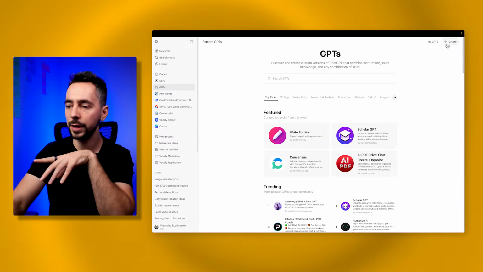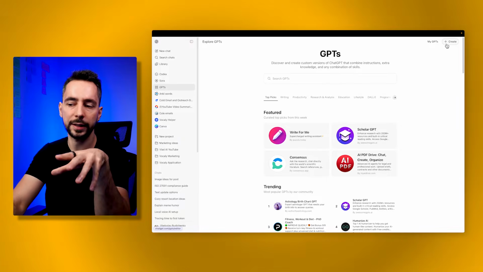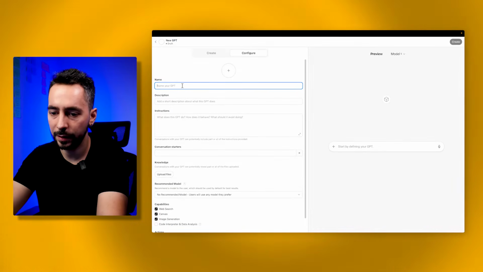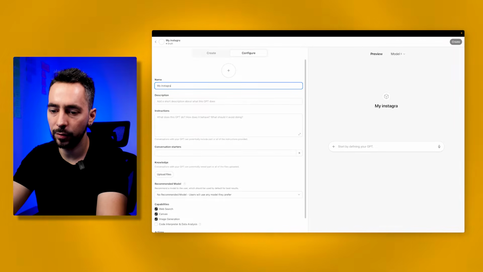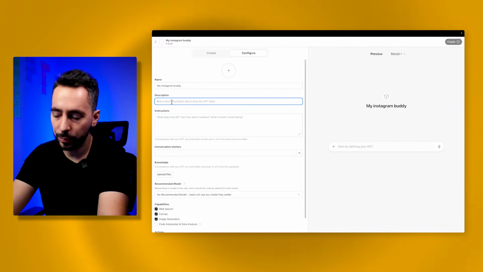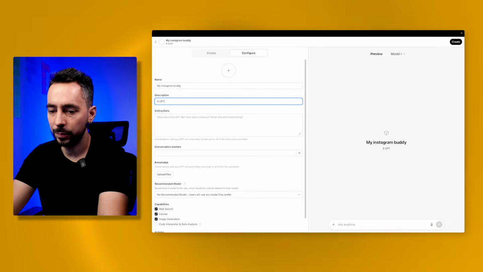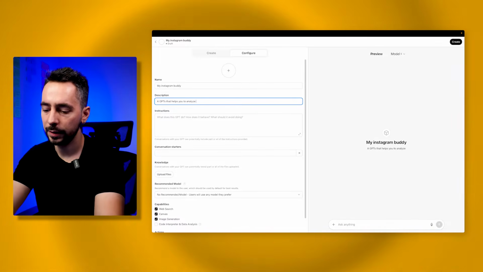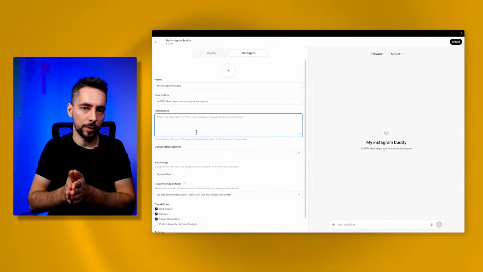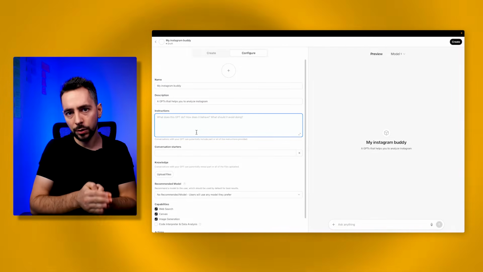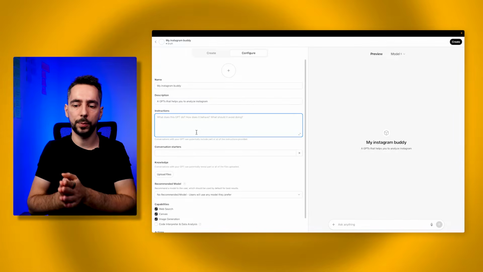So let's create our GPT that will have access to Instagram. And let's name it something like My Instagram Buddy and provide a simple description for that. A GPT that helps you to analyze Instagram. So we can provide a so-called system prompt, so what exactly it should do and how. So here we will put something like,